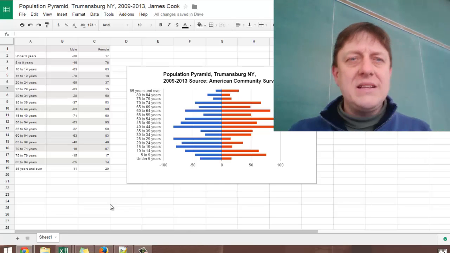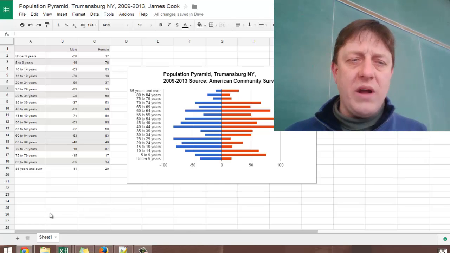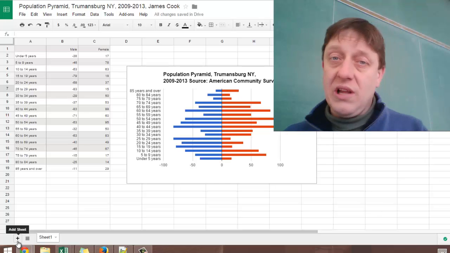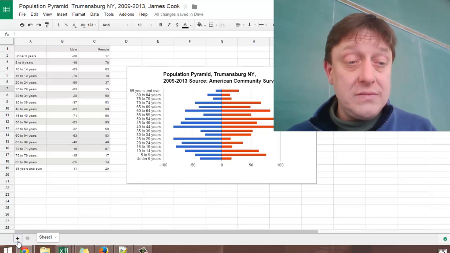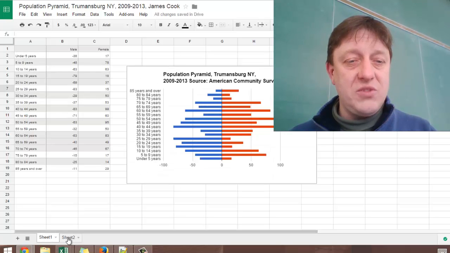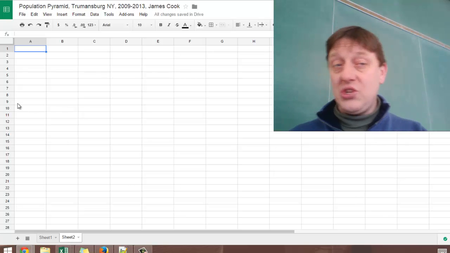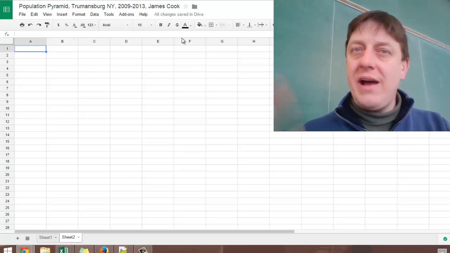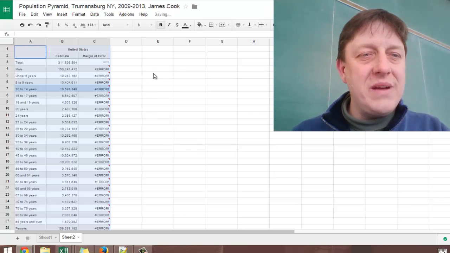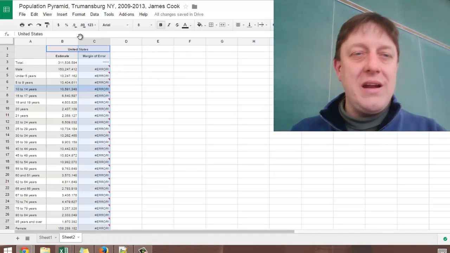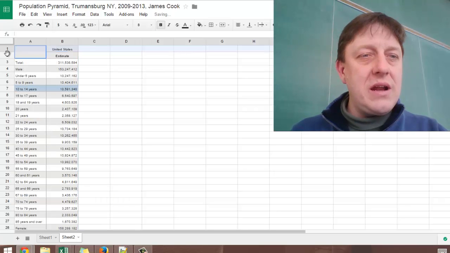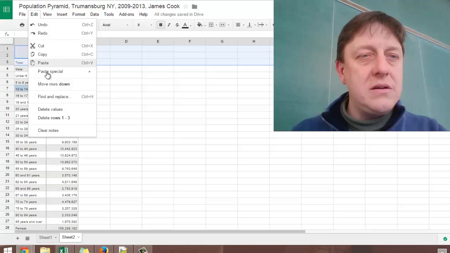Well, in the same file, if I wanted that, I could go to the lower left and click plus in the lower left to say Add Sheet. And now you notice there's a tab for Sheet 1. Click on that. Trumansburg pops up. I could click on Sheet 2. And now I have a fresh blank spreadsheet. I'll paste in that information again, and I can get started again, processing my information, getting rid of columns I don't need, getting rid of rows I don't need,